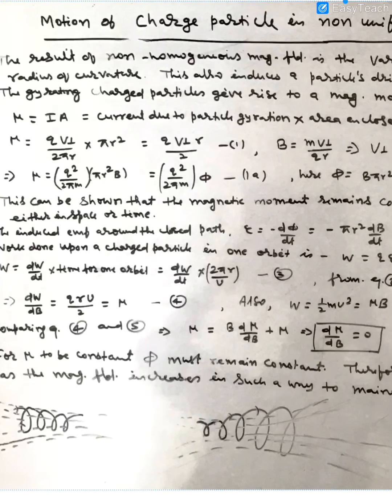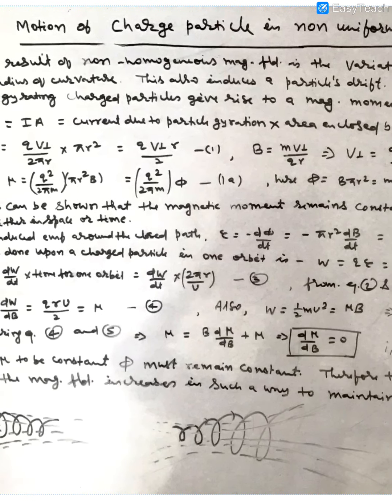Here V perpendicular is the component of velocity of the charged particle perpendicular to the magnetic field direction. Pi r square is the area enclosed by the current. We get equation number 1,